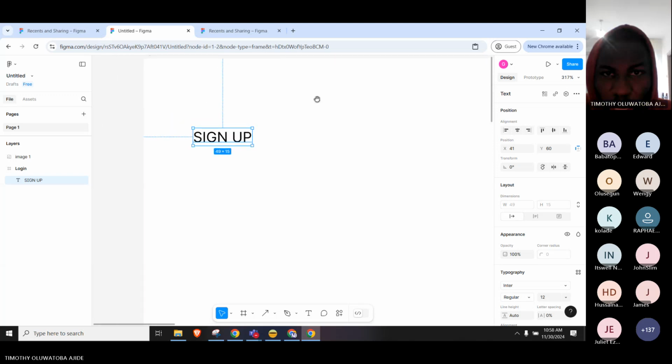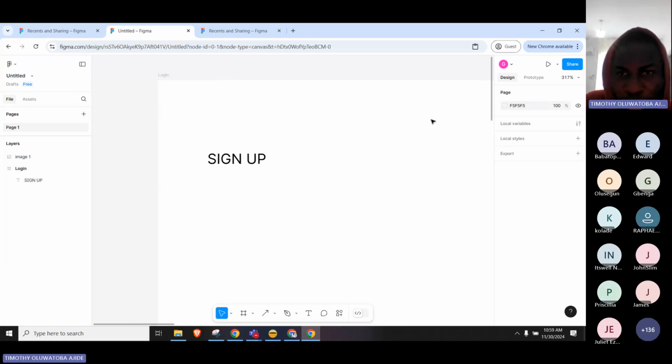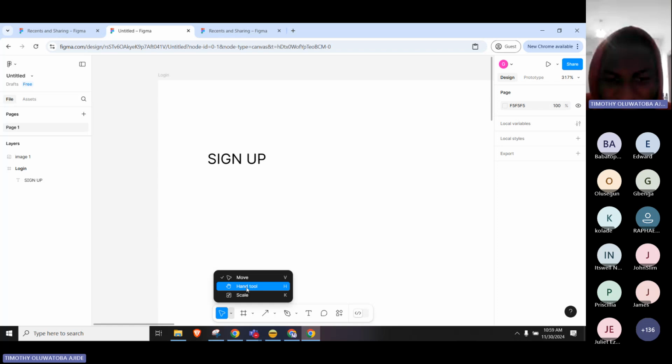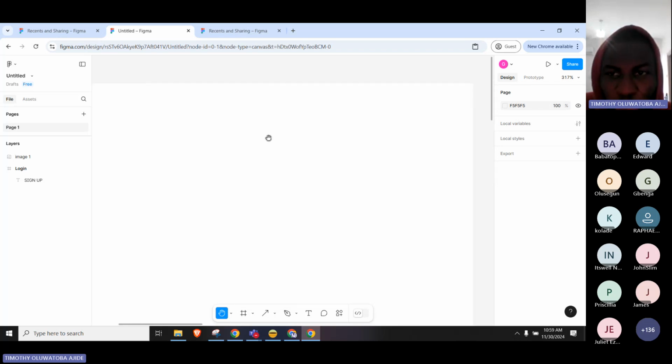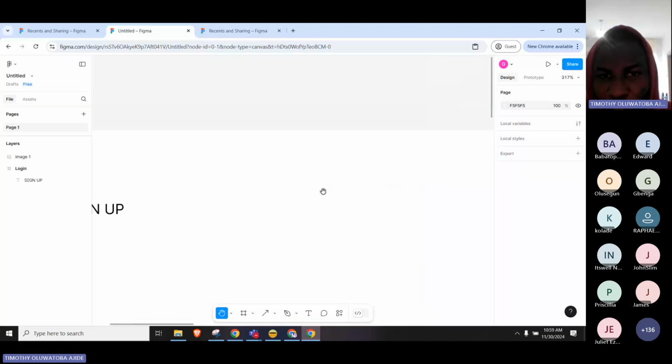From here, you remember what I said about the move tool and the hand tool. I just finished zooming. There is no way I can use move to move to the other side. You see, it will be very difficult. So the only thing I can use right here is the hand tool. I can use it to move freely to go and see what is right here and come back here without interrupting anything. All right. So that's one advantage of the